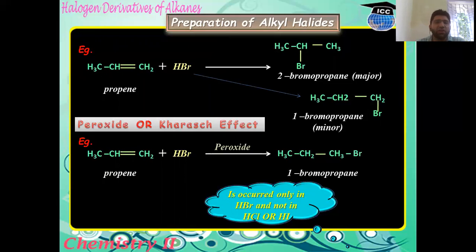So in this way, we can prepare alkyl halide from alkene when the alkene is an unsymmetrical alkene. Both of these reactions, Markovnikov's as well as anti-Markovnikov's addition, have a specific mechanism, but that mechanism is beyond the scope of this topic here. So simply here we decide the major and minor product using these two rules to prepare alkyl halide from alkene. Thank you very much.